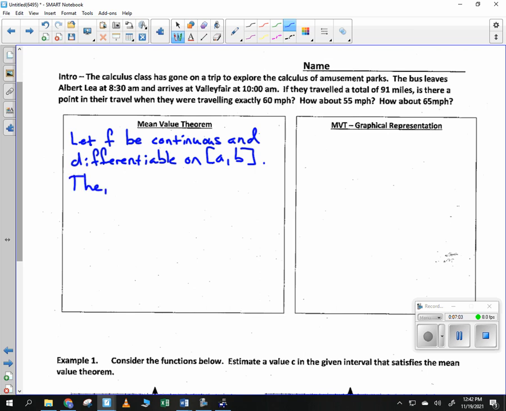Then there must be a value C. I'm going to use a shorthand symbol here. We'll just say in the interval AB. And there must be a value C in the interval AB, such that